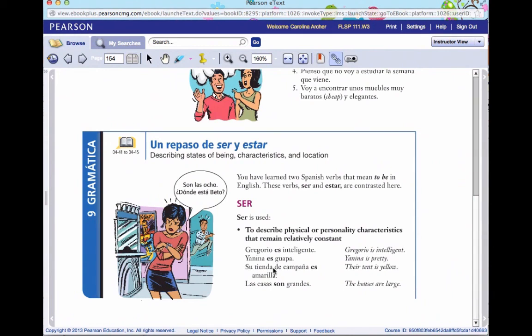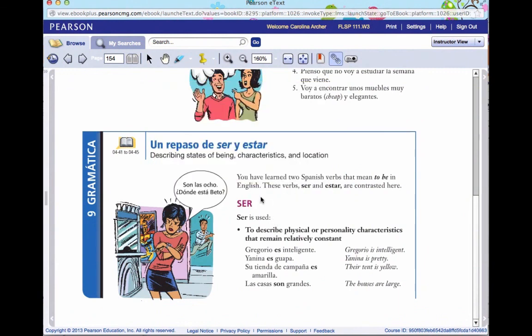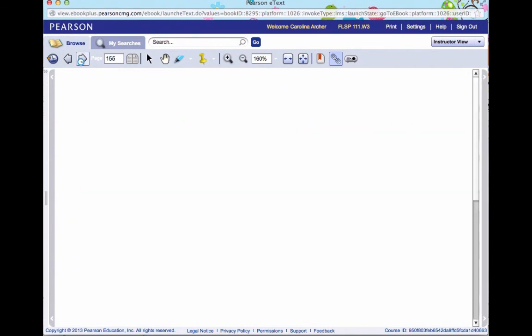Janina es guapa. Now, if you say Janina está guapa, it could mean Janina looks pretty today, which is grammatically correct. But if you say Janina es guapa, you mean that she is pretty all the time. Las casas son grandes, the houses are large. And remember that the word largo or larga does not mean large. This means long. Large is grande, or grandes if it's plural. So largo and larga does not mean large. It's not a cognate, it's a false cognate. Muy bien, just a note there, something that I heard in some of the recordings and saw in some of the discussion forums.